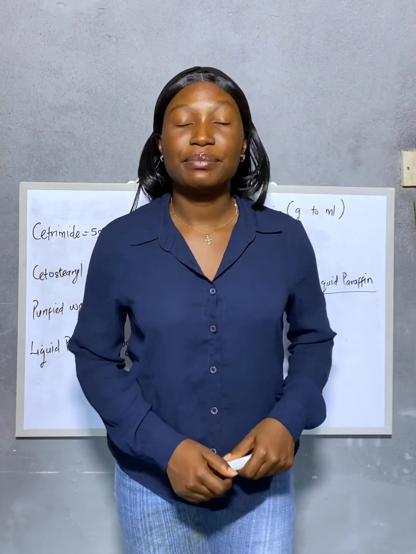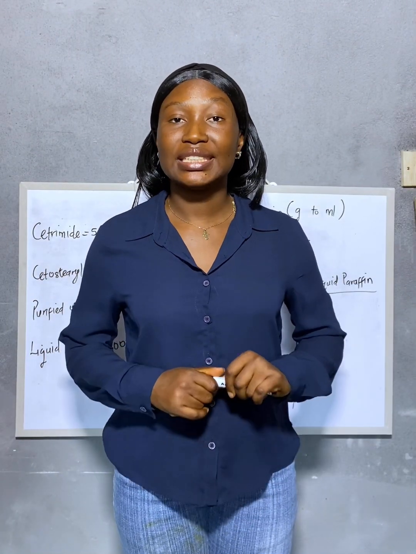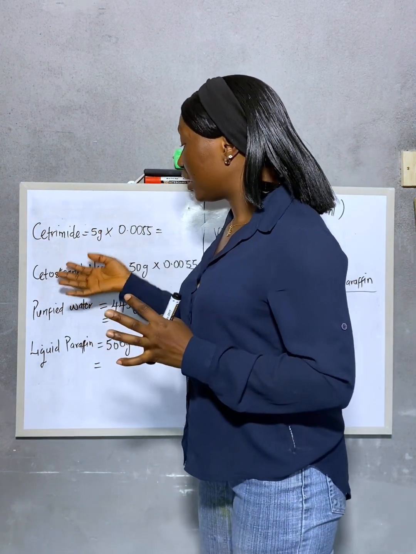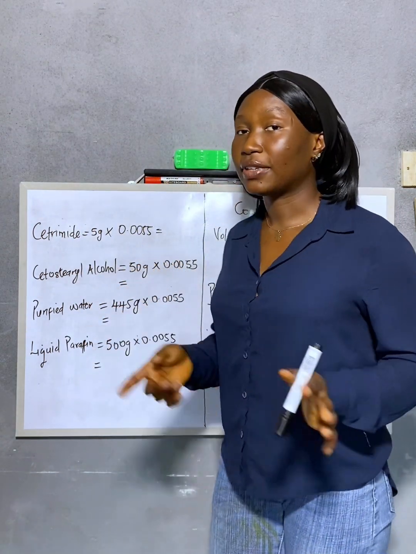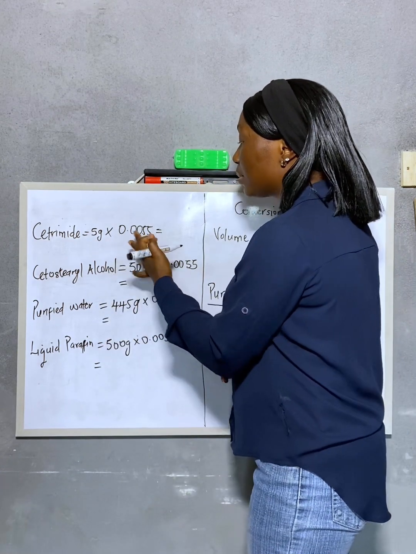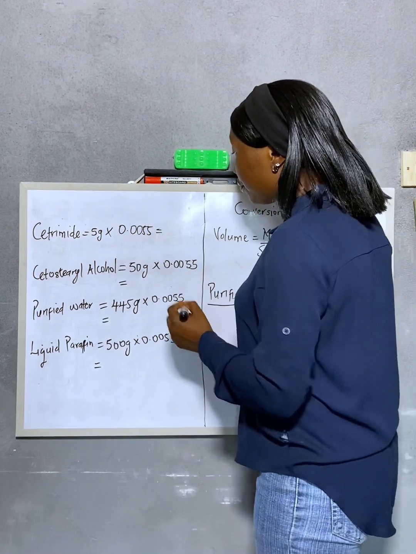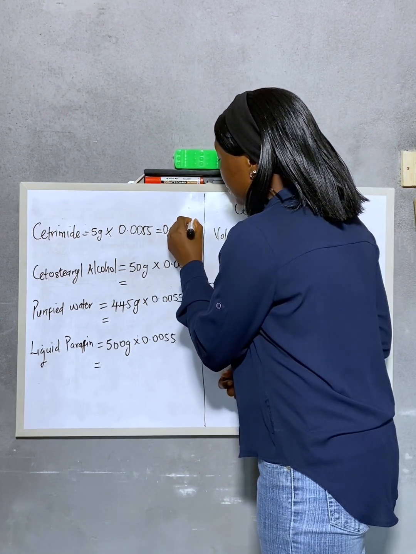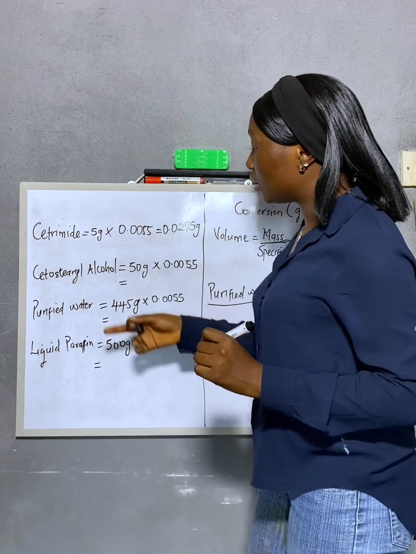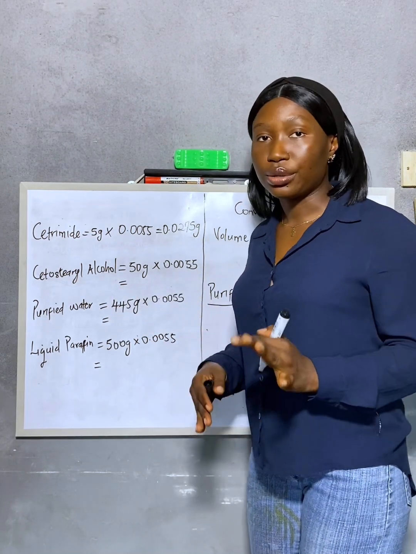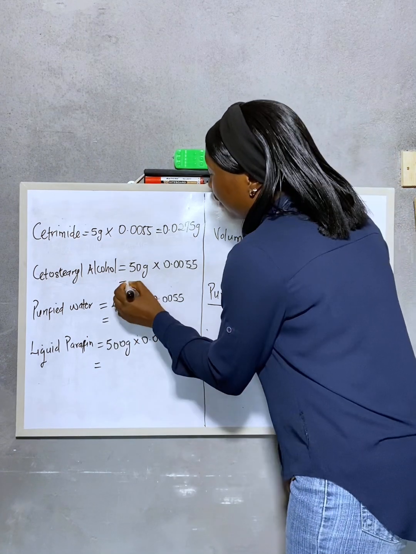When you have determined your multiplying factor, the next thing you do is to multiply your ingredients with the multiplying factor. As you can see here, we have cetrimide 5 gram times 0.0055, which is equal to 0.0275 gram. Secondly, your cetyl-stearyl alcohol 50 gram times 0.0055, you will have